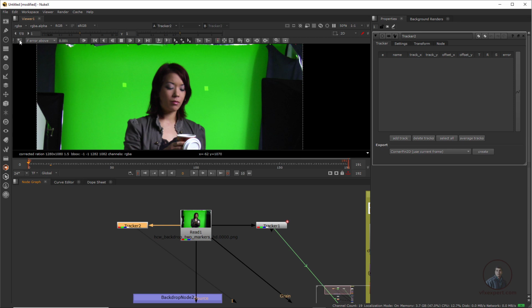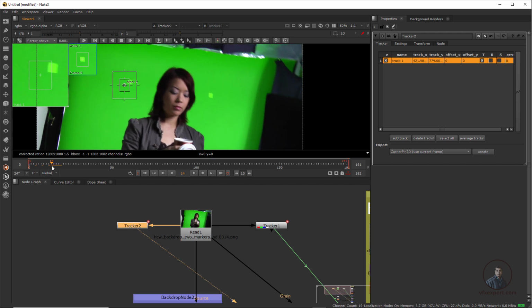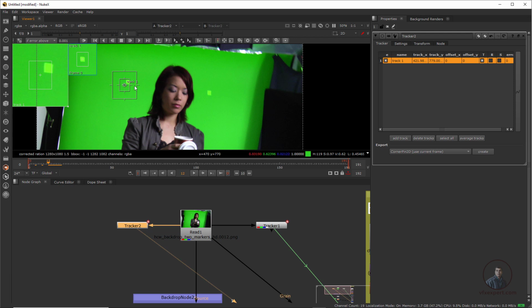So for this again we have to add a track here like this, and select, then switch off this one and adjust the search region and search area here. Then for keyframe tracking we can place keys manually, after 5 or 10 frames here. So maybe after 10 frames we can manually add like this and adjust.